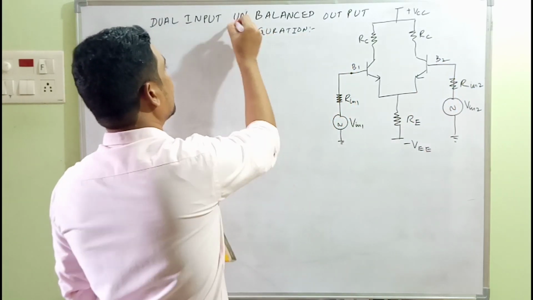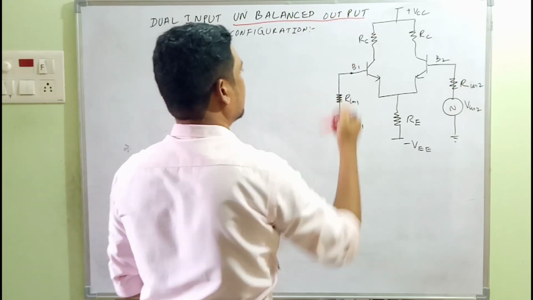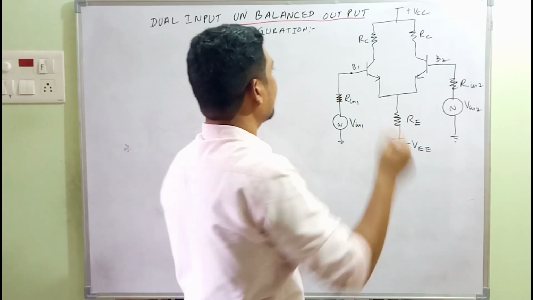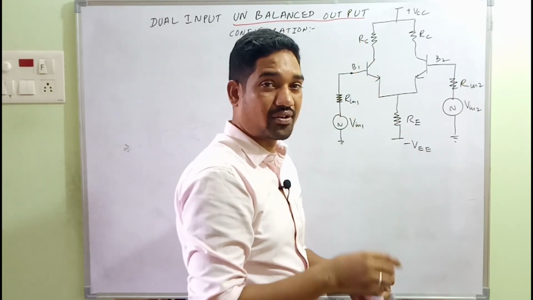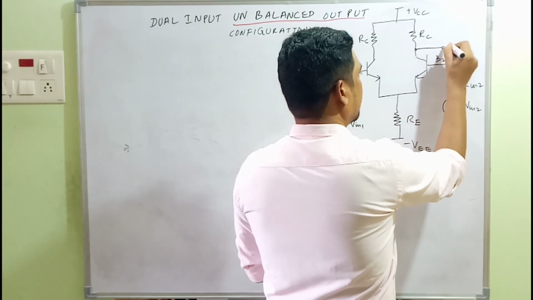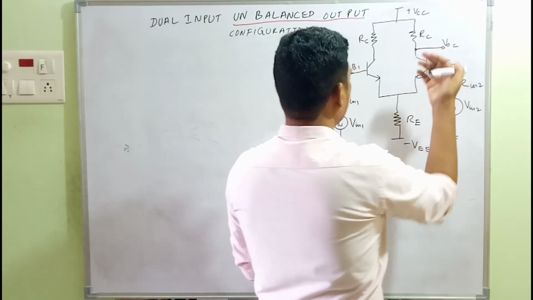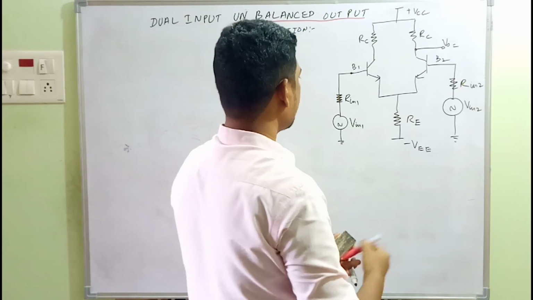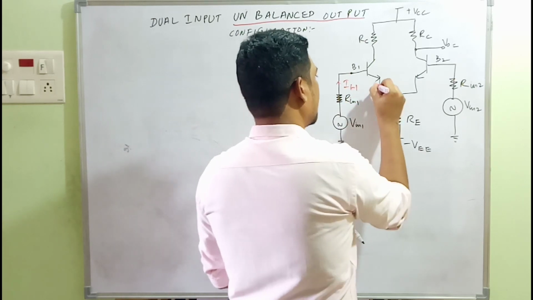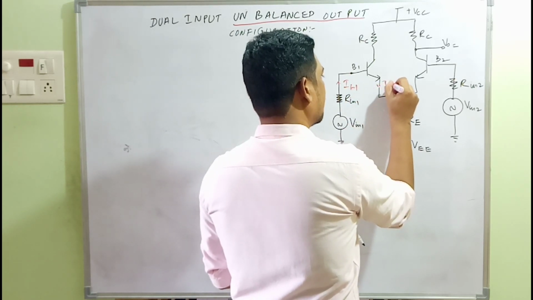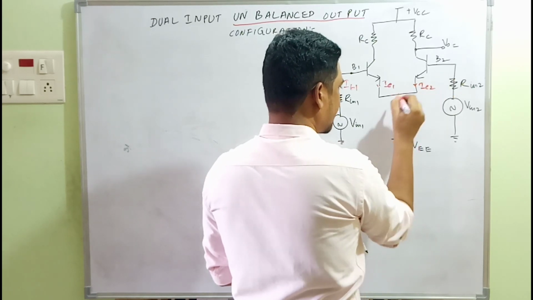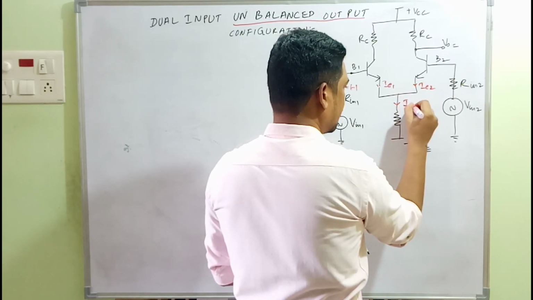And what do we mean by this unbalanced output? For a balanced output, the output is collected across both the collectors, and for an unbalanced output, the output is collected across a single collector. Here it will be from here, output V0, which is equal to, so what are the currents flowing here? This will be IB1, here it will be IE1, and here IE2, and after this node it will be IE1 plus